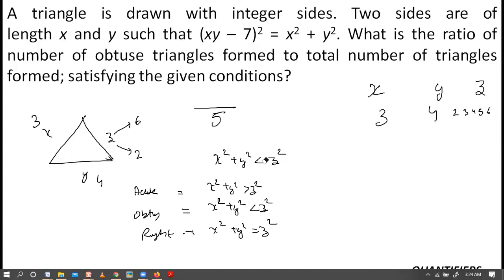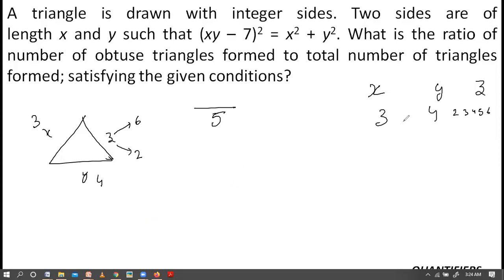So basically from my all possible values, now I have to check what values are permissible for the obtuse angle condition. So 3 and 4, if I take x square plus y square, 3 square plus 4 square is less than what? 9 plus 16. So यहाँ से मैं z की वैल्यू क्या उठाऊं कि मेरा ये नंबर 6 स्क्वायर मतलब इससे ज्यादा आ जाए. Can I say only one possible pair 6 square? So one possible pair of obtuse angle triangle is 3, 4 and 6. Right, this is one permissible pair.